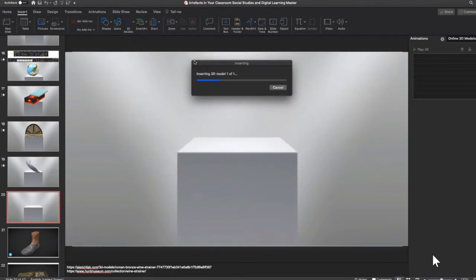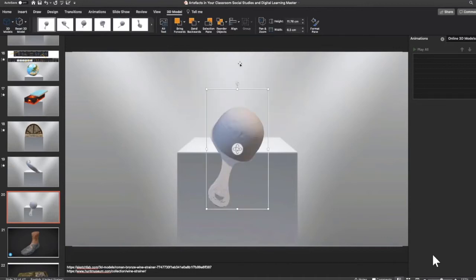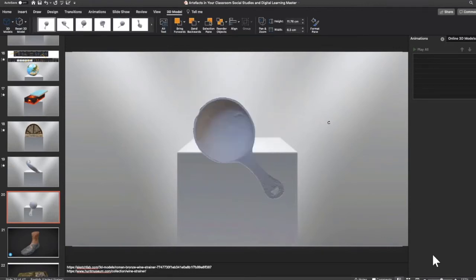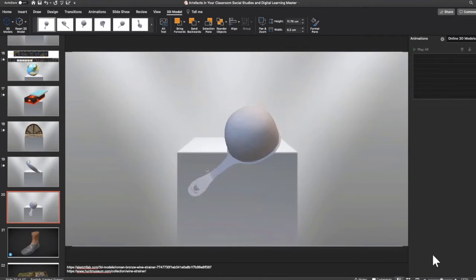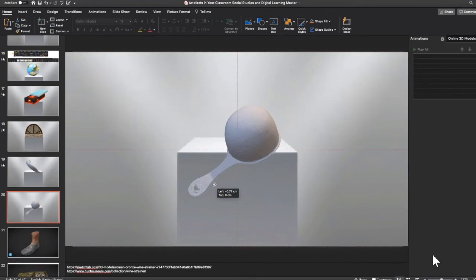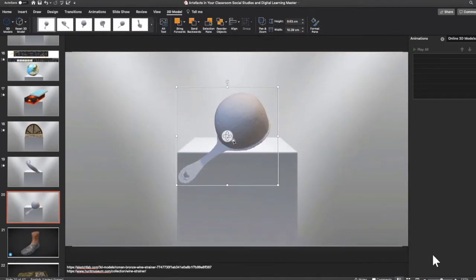So there's a range of different files that will allow you to be uploaded. An object file is a really standard one. So here's my item and we can look at it. So I could always put that up there as an introduction to my lesson. I could put that up there as an introduction to my lesson and we can have a look around,